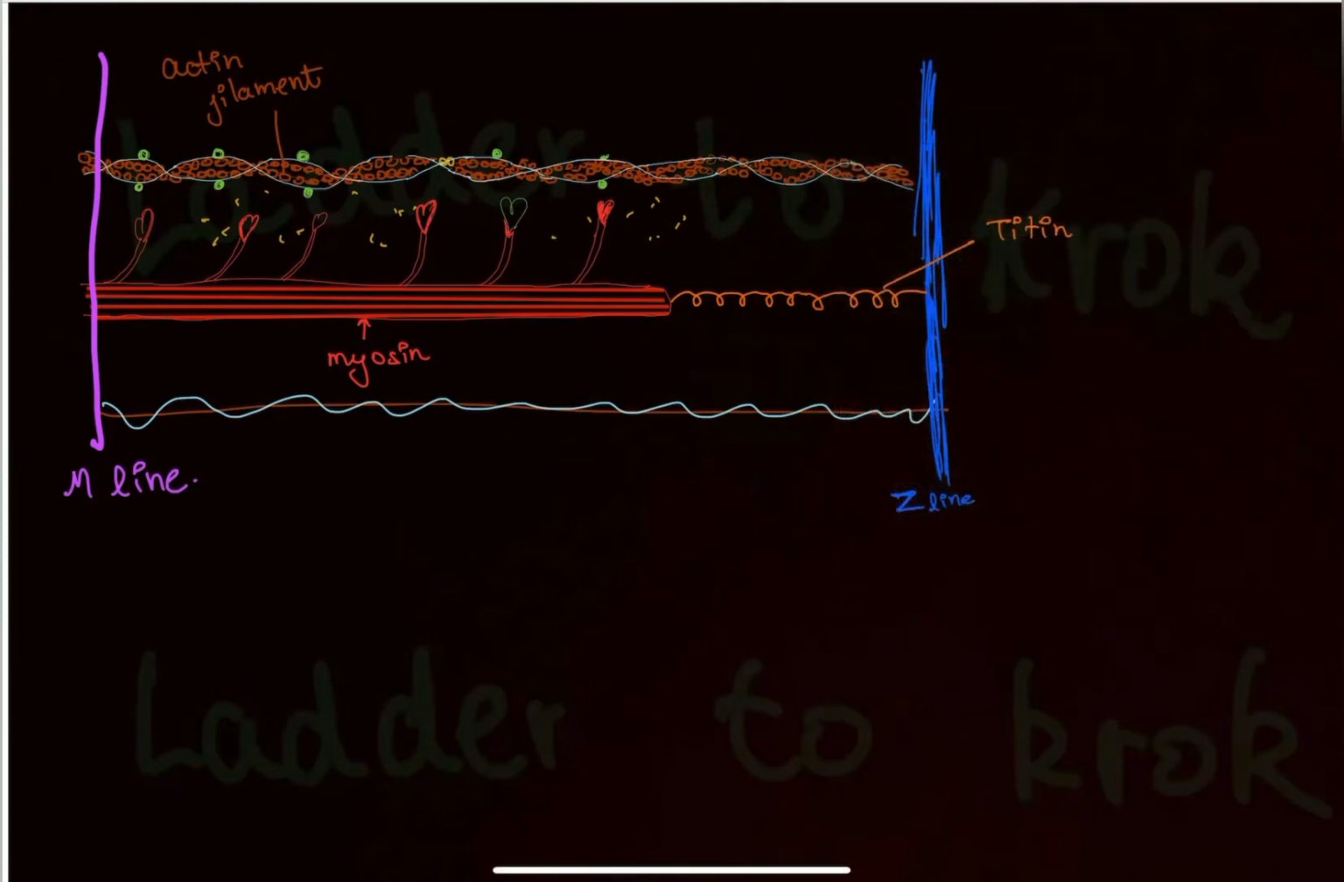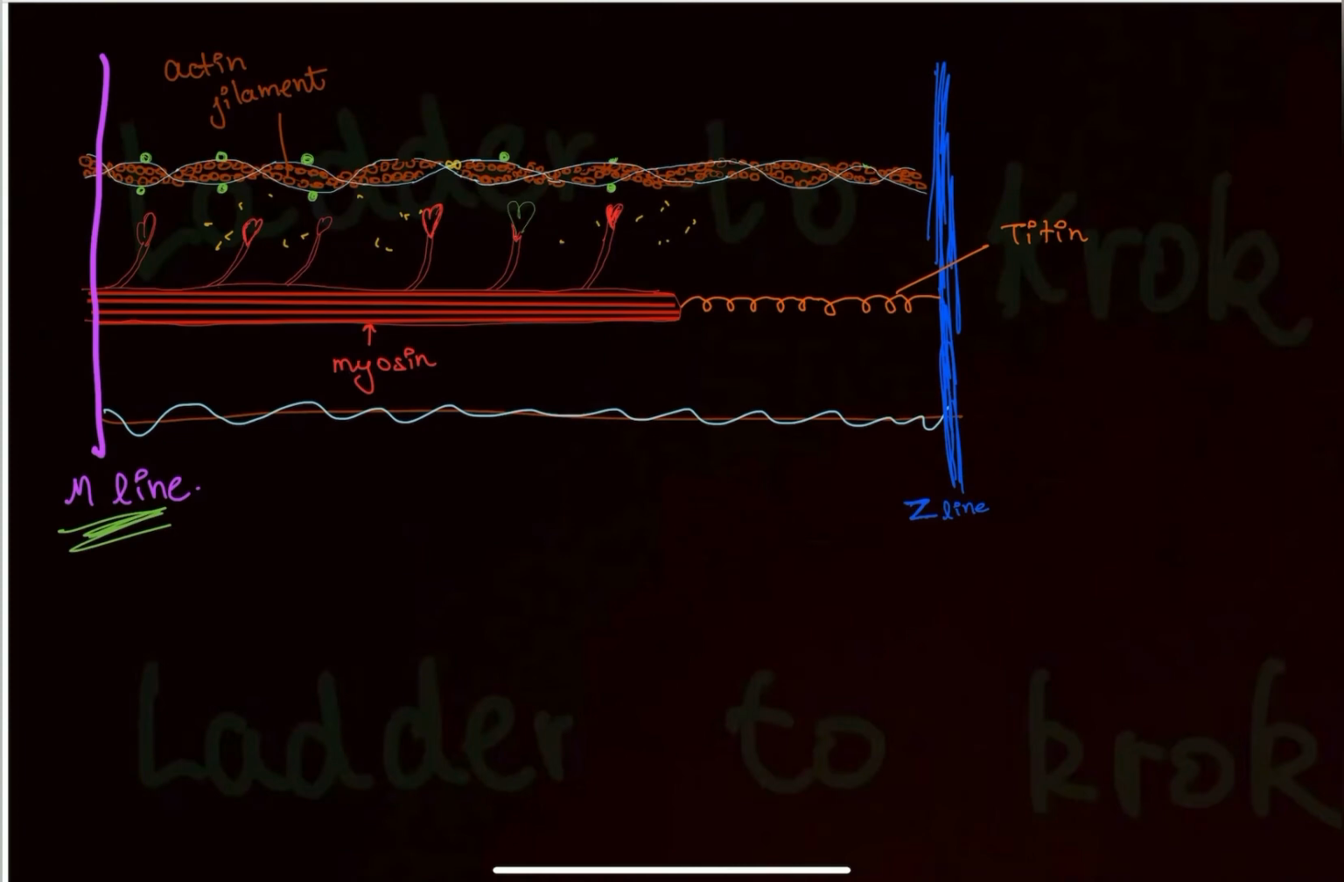So these actin filaments look like this. This is the M line, the middle line, or this is the Z line. We are just zooming in inside this. See, this is myosin. This is titin, the I band thing, as we study the I band. This actin filament has